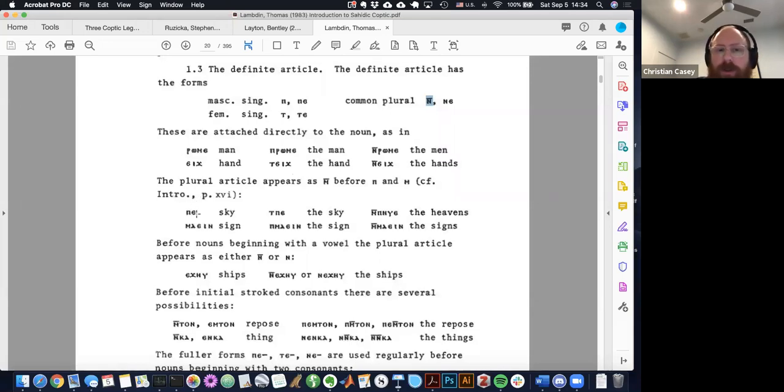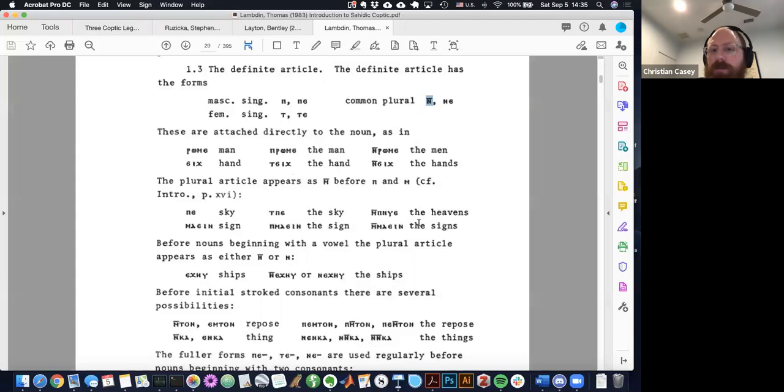So what Lambden is showing you here is really two features at once. We have the irregular plural. So the singular of the word sky is pe. The plural is pewe. So the noun actually is inflected. And then the sky singular is at pe. The skies or the heavens plural is, we would expect enpewe, but of course the n assimilates to the following